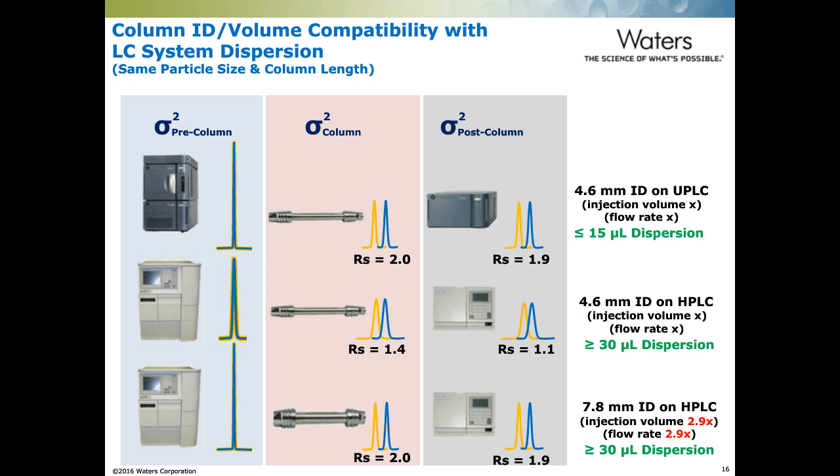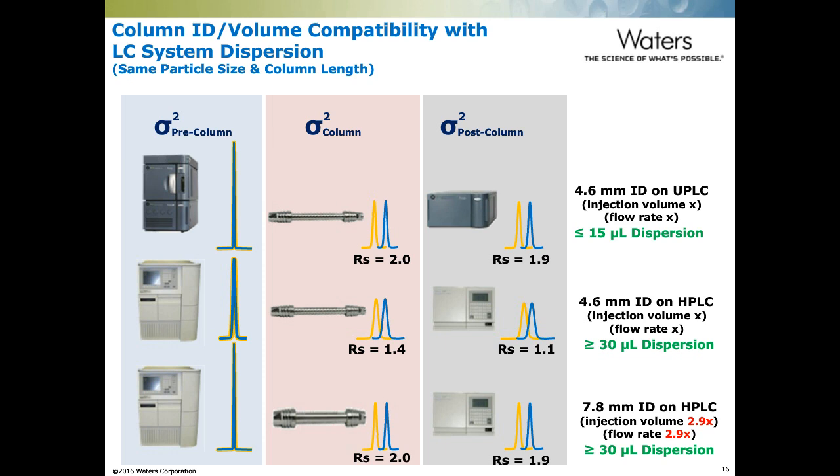And then because these peak volumes are much smaller coming out of the column, if we imagine this peak right as it comes out of the column, the resolution will already be degraded relative to what it would have been on a low dispersion injector system. And then when we take that peak and further translate it into a detector that's more highly dispersive, we'll lose even more of that resolution. So even though the column's the same, because the system dispersion is higher, we'll have significantly lower